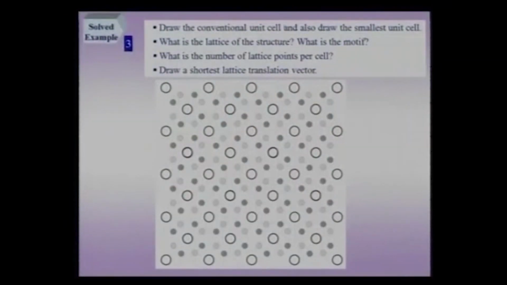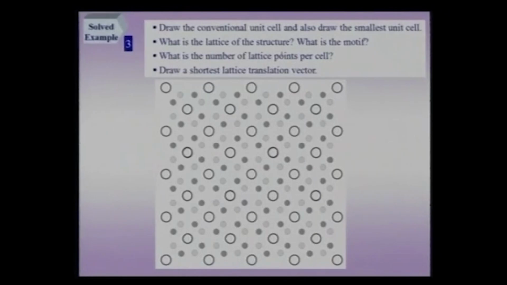Let us consider another example to clarify some of the basic concepts which we have been considering in this chapter. For instance, there is a structure shown to you on the screen. Let us draw the conventional unit cell and also the smallest unit cell for the structure. What is the lattice parameter for the structure and what is the motif? We shall also try to calculate the number of lattice points per cell and also draw the shortest lattice translation